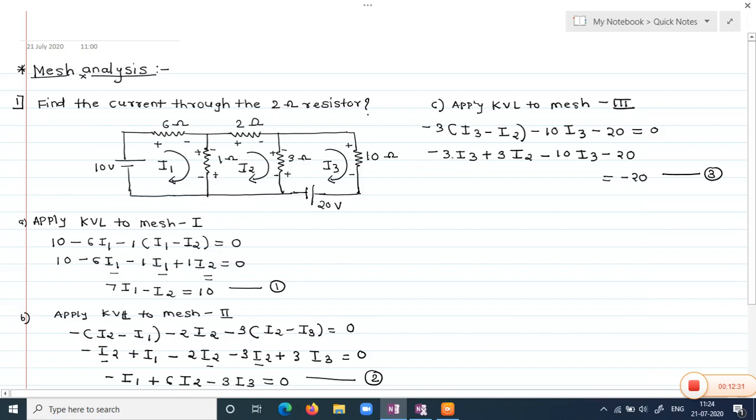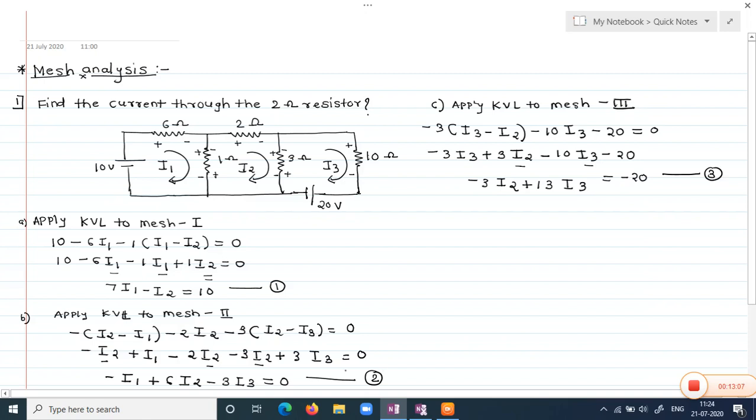Then we move on to I2, yes I2 is there, plus 3 I2, means here you will get a minus I2. Again you will see I3, minus 10 I3, means that is plus, and here again minus you will get plus, means plus 10 plus 3 is 13 I3,